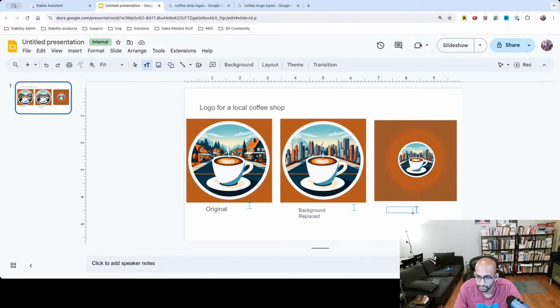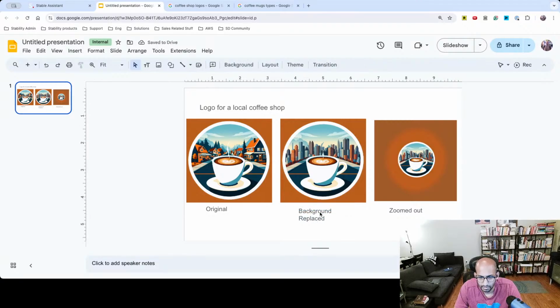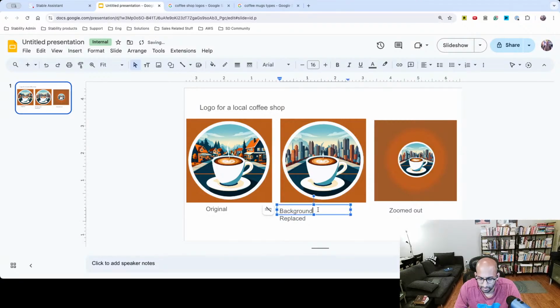And then zoomed out. Okay. I'm going to drop this out as well. We're going to make this 16. Okay, and we're going to make this this. Okay, and